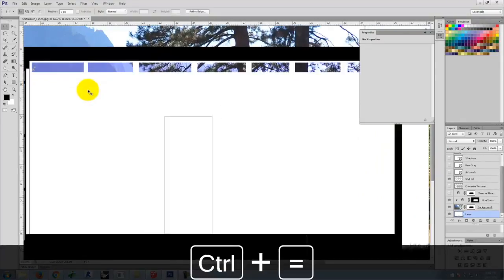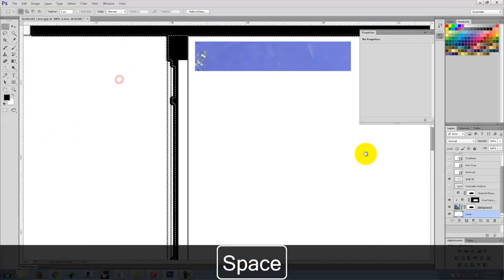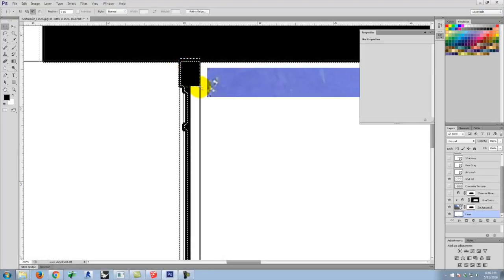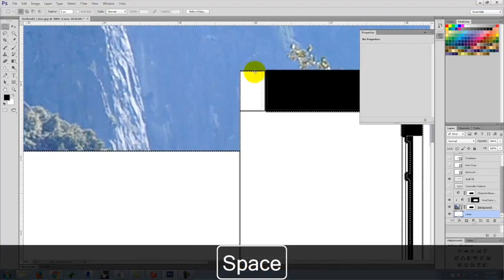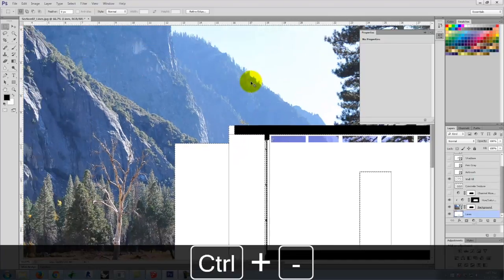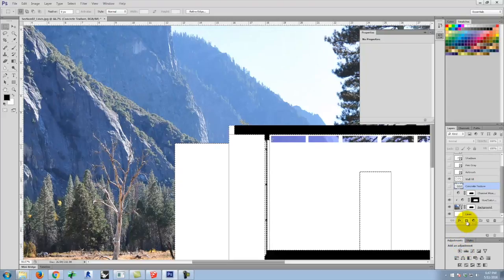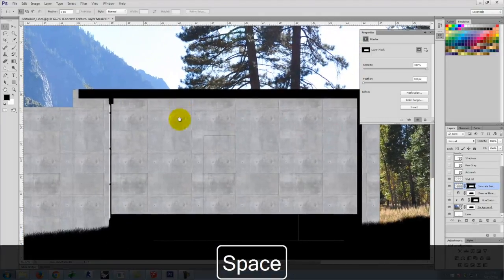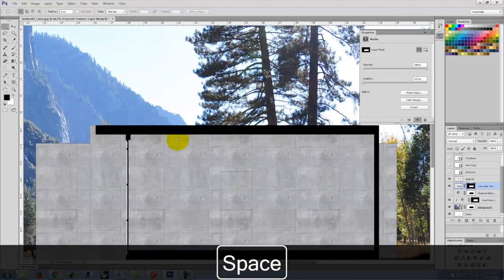There, and hold on a second, I need to get rid of that little piece there as well. Alt to deselect that piece. And I need to hold down Shift and add that piece to the selection too. Okay. Now that I have those selected, I can go ahead and go to the Concrete Texture layer, and I can click on the Add Layer Mask, and it will then cut my concrete texture to fit in that part of my building. Okay. I didn't cut out where those little walls were, so let me back up a step there,